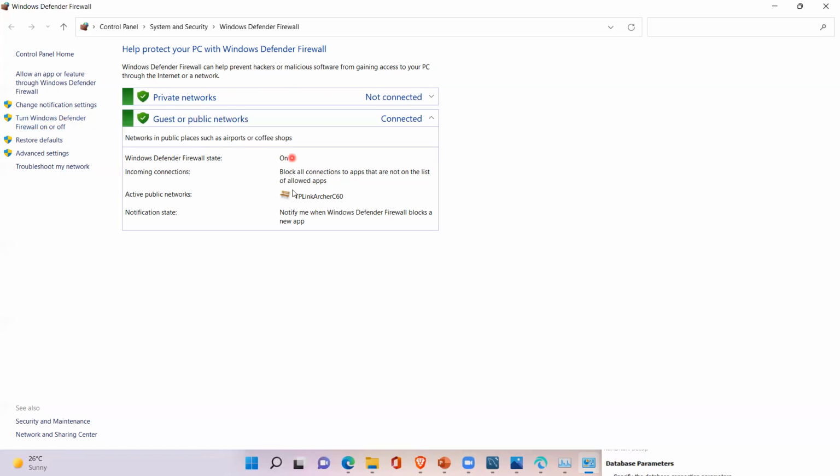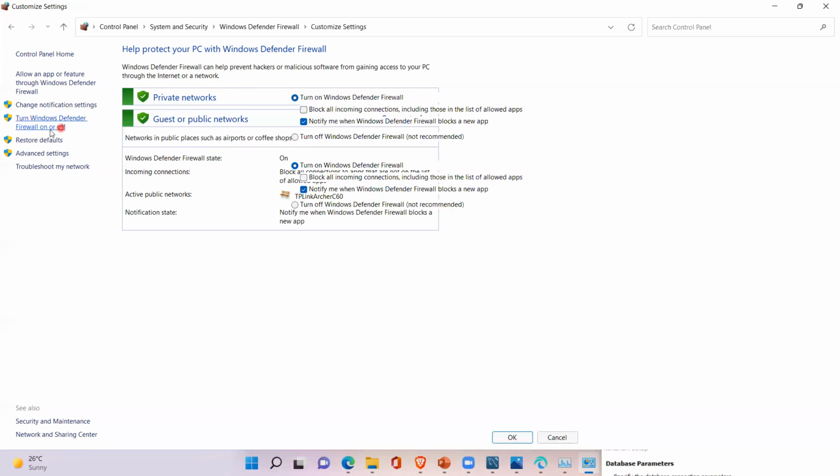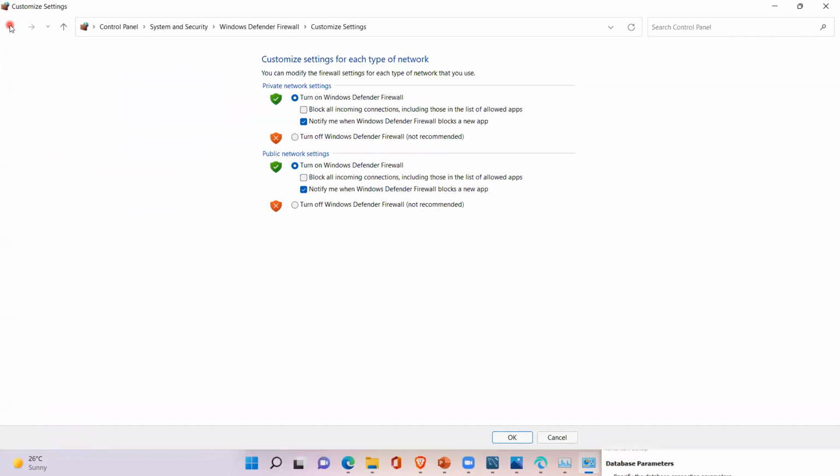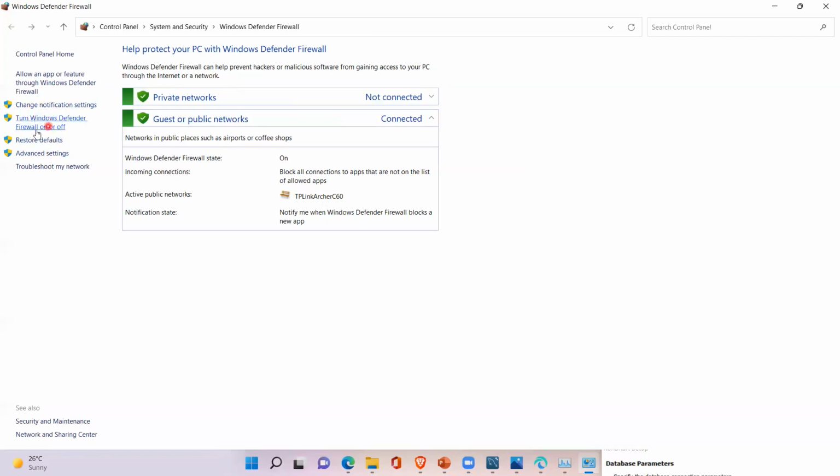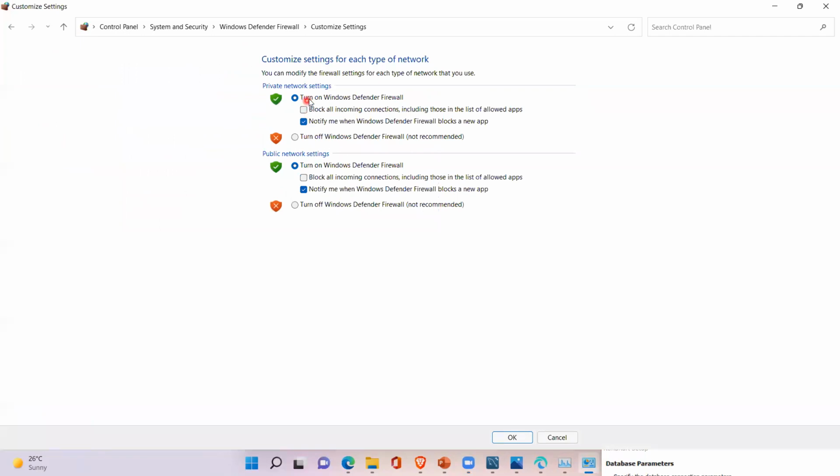Now, if you want to use this master-slave setup, you have to turn off this firewall. To turn it off, here you see an option: Turn Windows Defender Firewall on or off. Click on that. By default, turn on will be selected. You have to select Turn off Windows Defender Firewall.